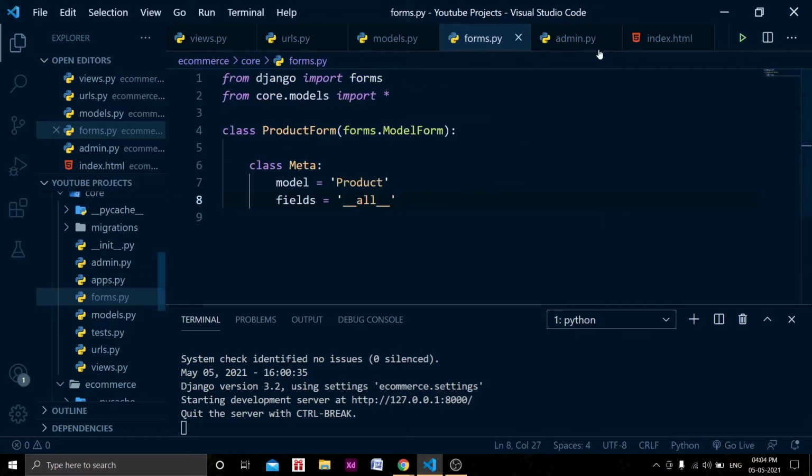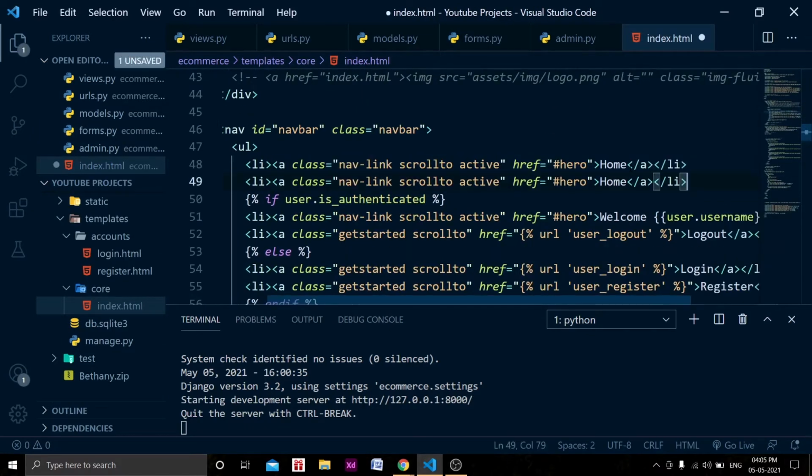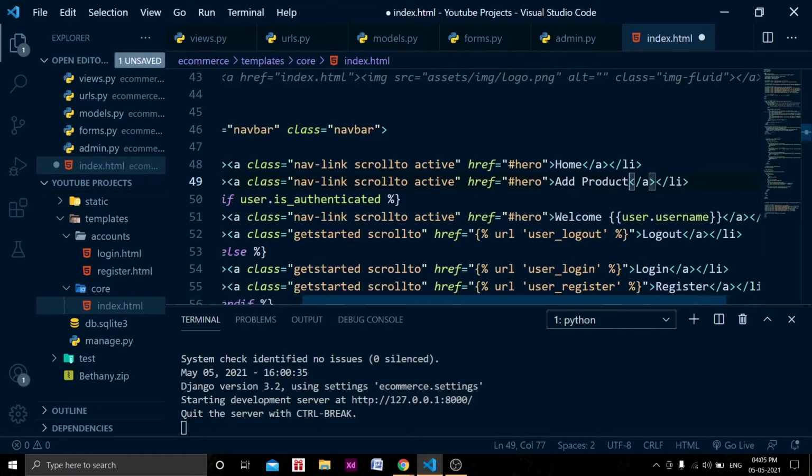Before that we want to add the add to cart URL. So just copy this and paste it here. Now what we are going to do here is add add to cart, sorry, add product. Why am I misspelling that? Okay, so href will be what? So here href will be, let's add that URL, and here we will add the URL, right?